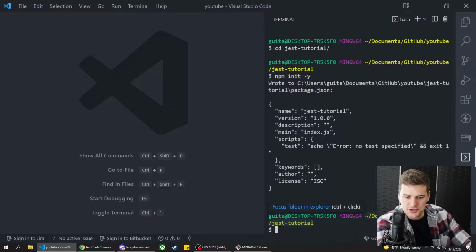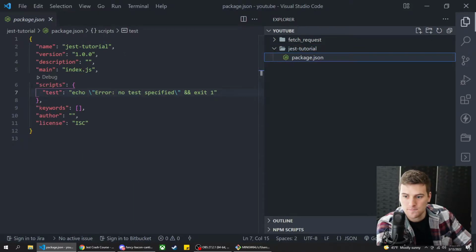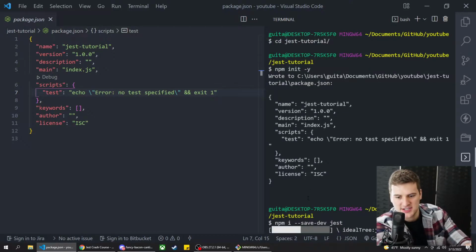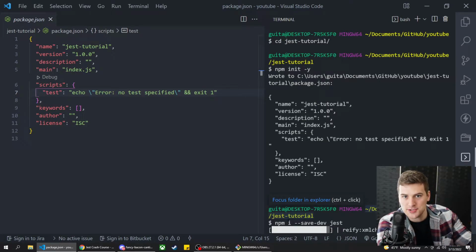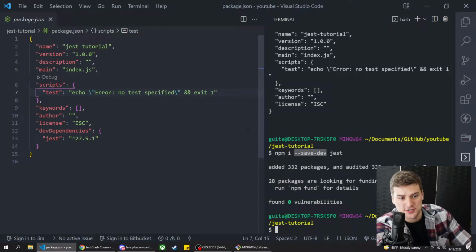Now, next, we want to actually add Jest. So if we go over here and look in our jest-tutorial directory, we've got a package.json now. So now if we do npm i, and this is just the shorthand for npm install, --save-dev jest, and we're gonna press enter and add that. And what this is doing, again, the i is just shorthand for npm install, --save-dev,